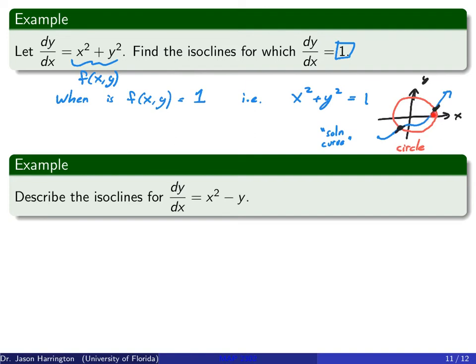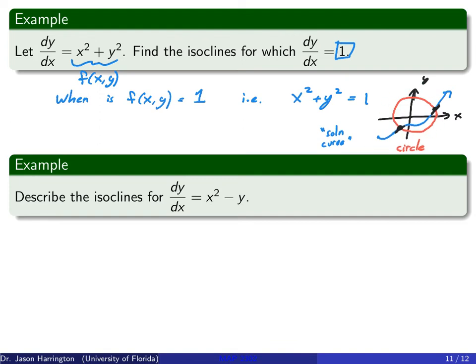Now let's go back and look at this. Remember, here is my ODE, and I'm saying that I want to find out when the solution is going to have the derivative 1. I want to find all possible cases for which that's possible. So if I say the derivative is equal to 1, here I get a circle. Therefore, I know if ever there is a solution out there somewhere, as soon as it touches this circle, I know that that derivative should be 1. And the only place where the derivative of the solution should be 1 is on this circle.